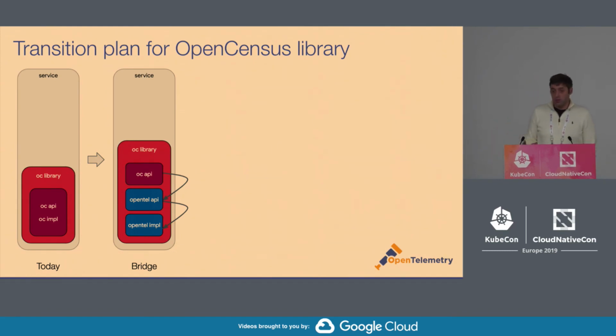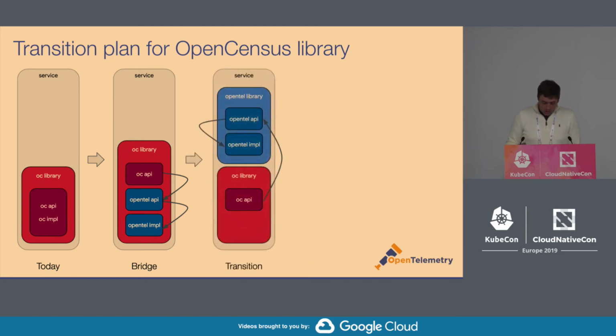This is very important because this will also make the OpenTelemetry implementation be the one used. And so every bug or every problem that we have, we only have to fix it in OpenTelemetry, and we no longer have to deal with a lot of OpenCensus problems. Then, probably at one point, users will have to start transitioning their code, their API calls. Instead of calling the OpenCensus public APIs, they will start migrating to the new library.